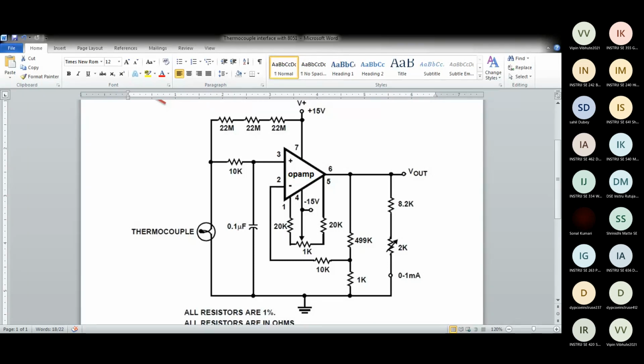Hello? Are you hearing me or not? Yes, sir. No doubts? Sir, just one thing: how do we actually decide in designing a circuit like this, with so many resistors and capacitors?